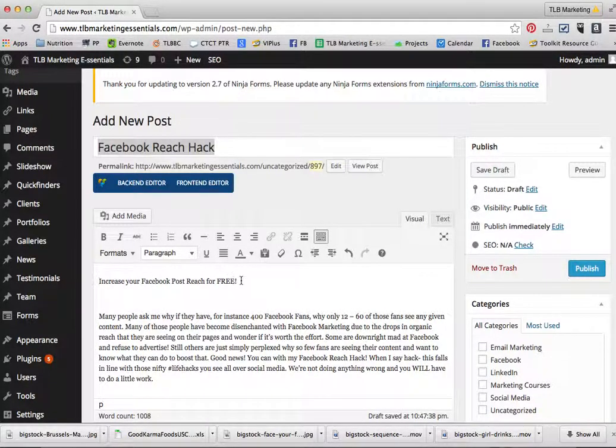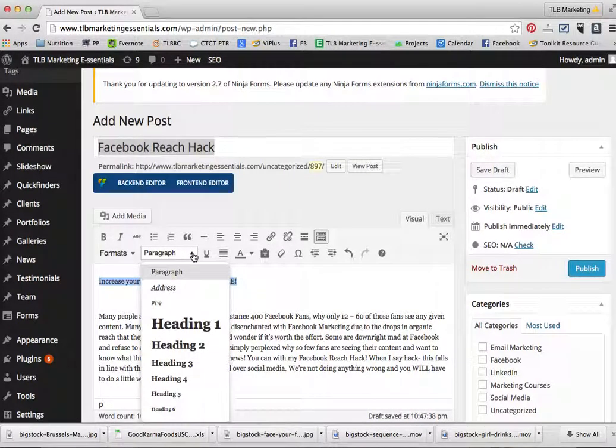And now the next thing I want to do is create a heading 2. You want to go through and utilize the headings that you see here, heading 1, 2, 3, all the way to 6, because the search engines are looking for the content within those headings. So you're best off if you can have your keywords in those particular headings.